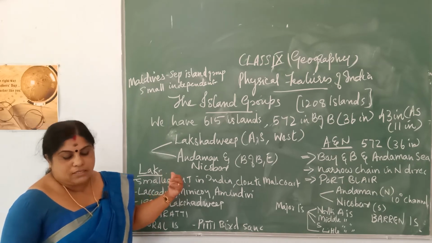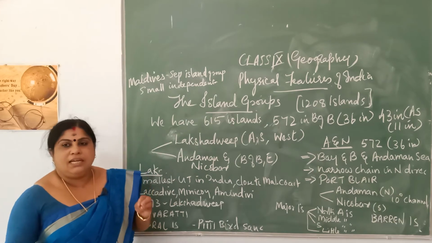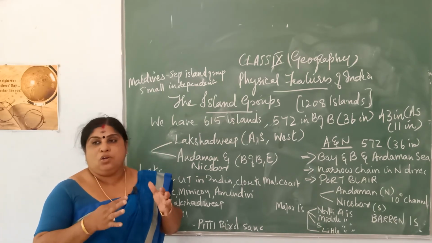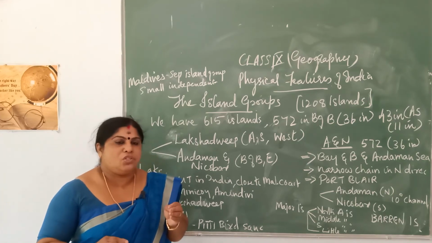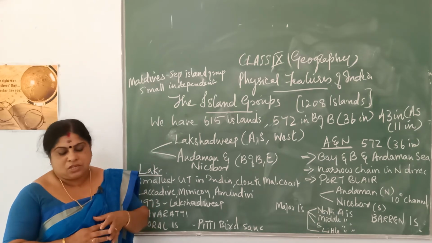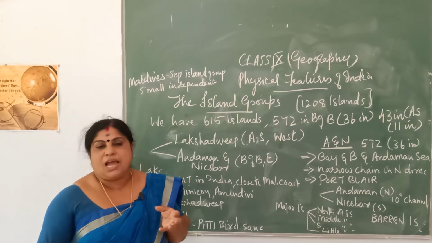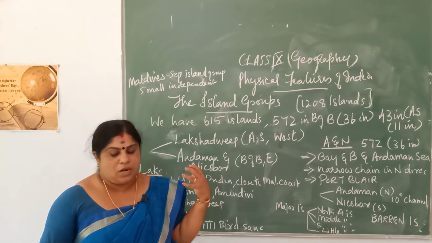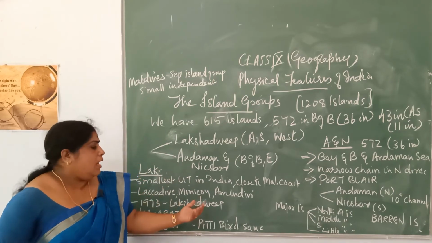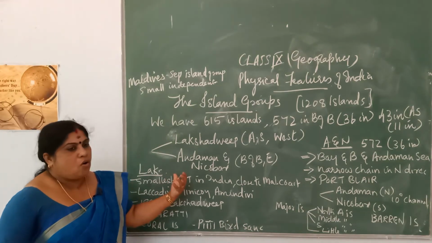So what are corals? Coral is a short-lived microorganism that you always find living in colonies. They are found living in groups, in shallow, mud-free areas, and they secrete calcium carbonate. This secretion and the skeletons of these corals together make coral deposition, which you call coral reefs. So in Lakshadweep, most of the islands are coral islands.